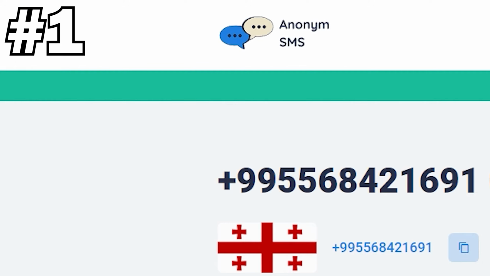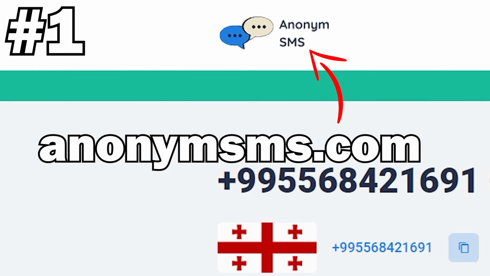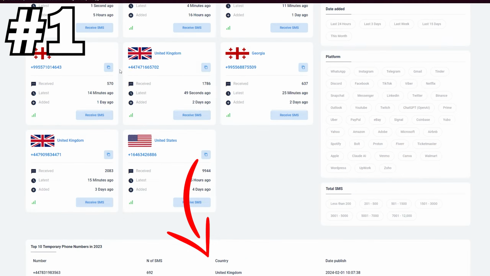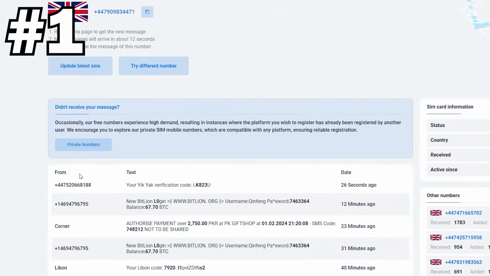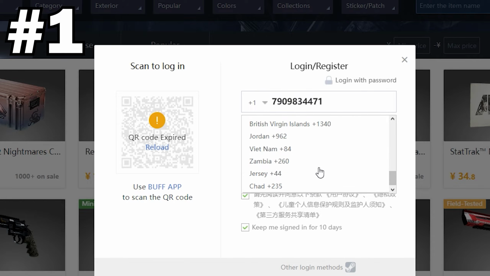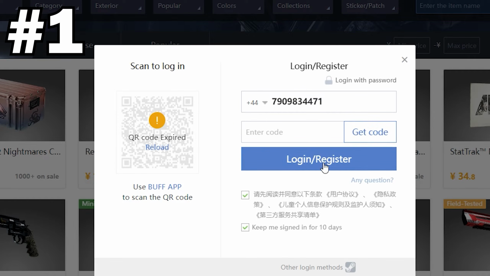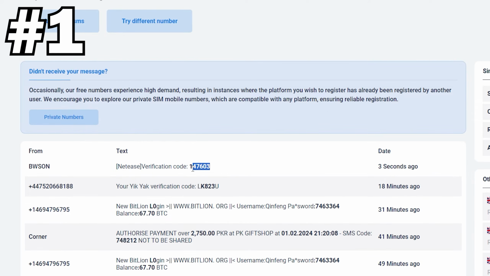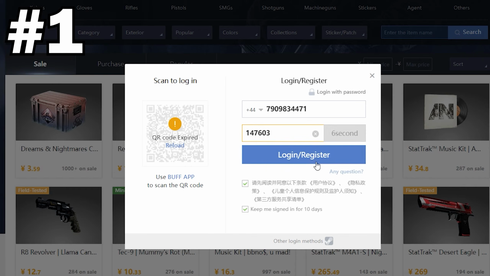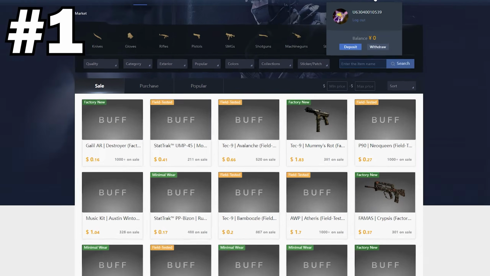What you're going to want to do is head over to Google and look up anonymous SMS. The link will be in the description as well, and you should have a bunch of listed numbers, and then you find a public phone number. Ideally, the more recent, the less likely it is to be used already, and then you put that phone number in Buff163 to sign up, and then you just look at its recent messages or incoming messages, you put in the code, and then you'll have a Buff163 account to browse as much as you want,